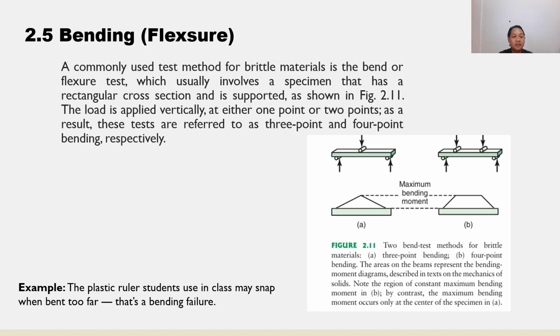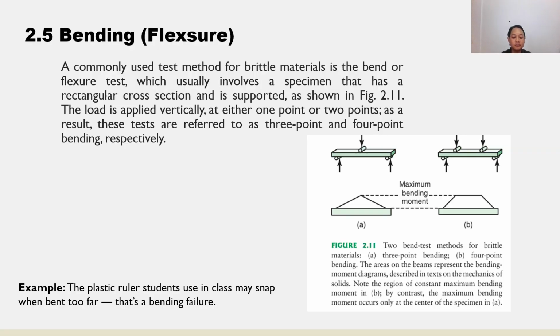Next is bending or flexure. A commonly used test method for brittle materials is the bend or flexure test, which usually involves a specimen that has a rectangular cross-section and is supported. As shown in figure 2.11, the load is applied vertically at either one point or two points. As a result, these tests are referred to as 3-point and 4-point bending